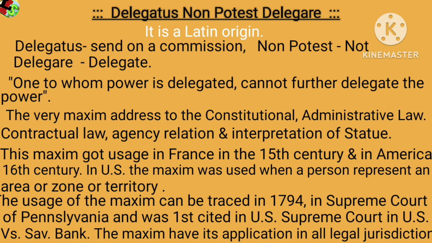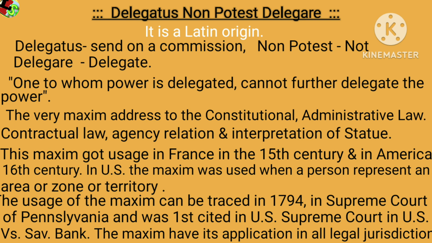In short, one to whom the power is delegated cannot further delegate the power. So the delegated power cannot be further delegated. The concept of this Latin maxim has its presence in the interpretation of statutes, contractual law, administrative law and constitutional law. Though the origin of this word was in Latin, it was widely used in French in the